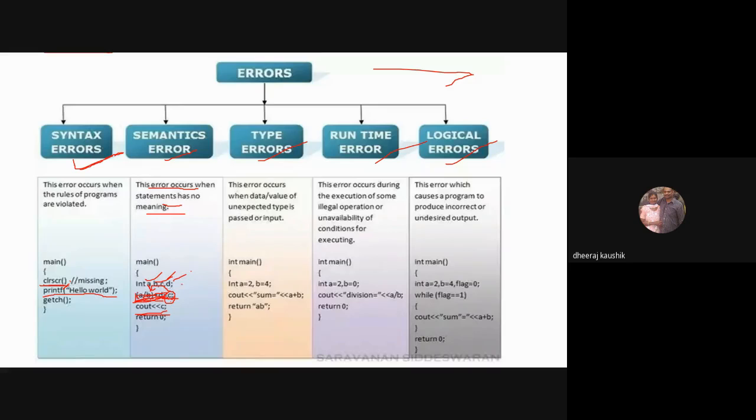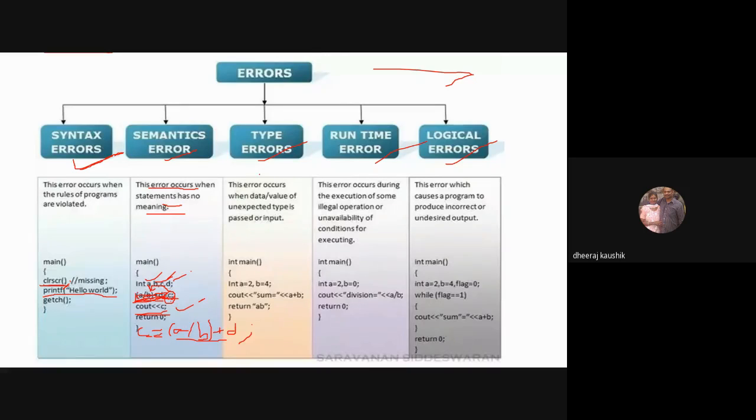Because the value of c isn't changing and it isn't getting initialized. This is the initialization of a/b + d, not c. So if you want to write c equal to a/b + d, you have to write like this. The computer reads in this format and not otherwise. When you write it like this, the computer understands that the value of c is getting updated like this, and now I have to print the value of c.